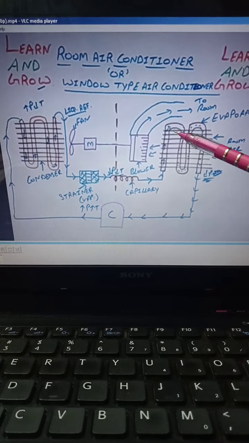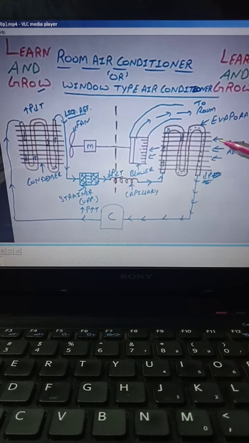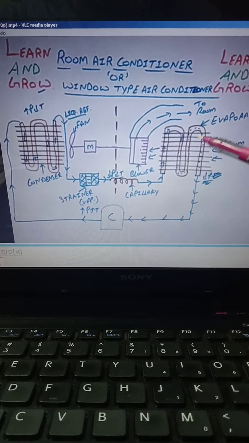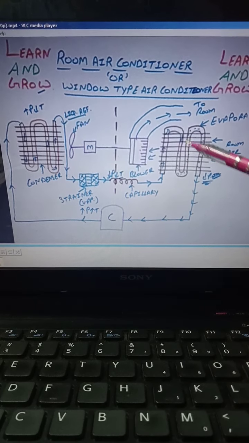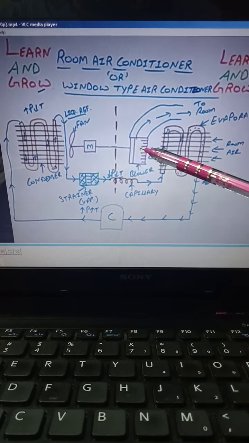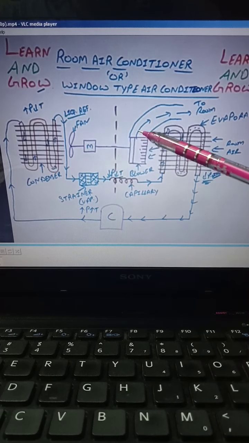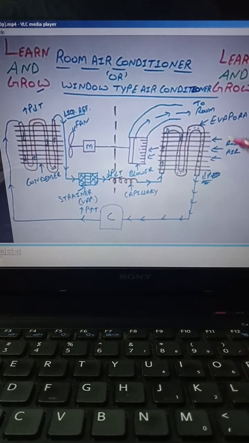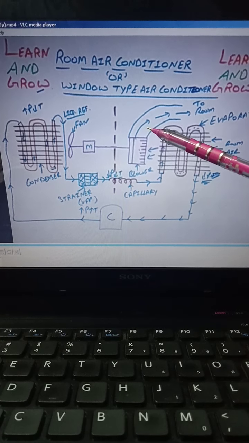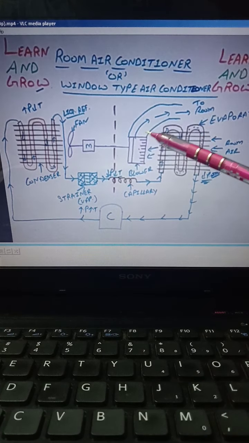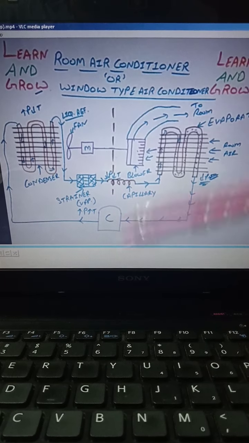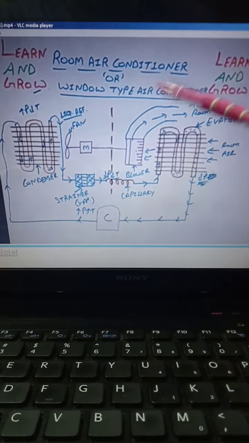The important thing here is, whenever the air is passed towards the evaporator area, it gives its heat to this refrigerant, and this is passed to this fan. In this area, there is a blower. This blower will send that cold air back to the room. So this you can notice in your refrigeration, where the fan speed will be increased or decreased based on the cooling effect which is required in that room. So this is how the refrigerator works.